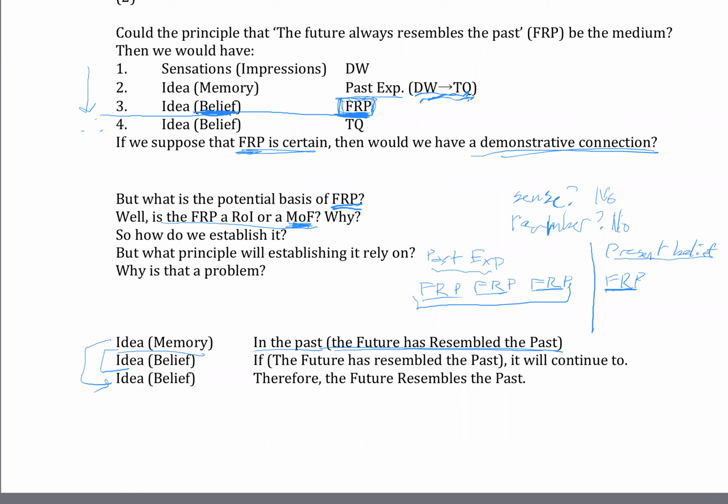Right, so with the drinking water thirst being quenched case, the thing that connected my past experience of the thirst being quenched and the drinking water in the past to my drinking water right now and my thirst being quenched in the future